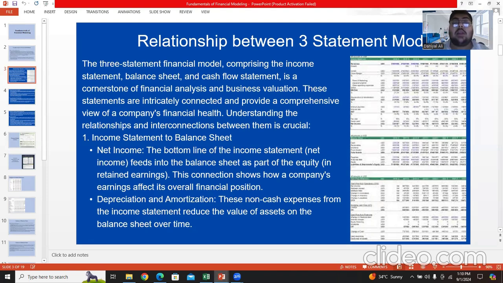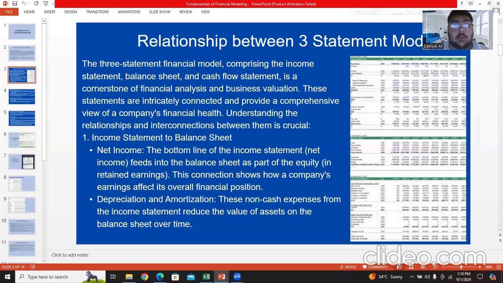That is going to be stated as workings if we go toward my financial model, but yet we're going to understand the relationship between the financial statements. The fifth thing: the notes, the workings. As you see at the top, there are the three statements relating to your financial model, which comprises